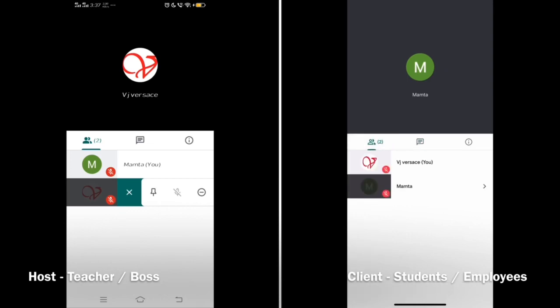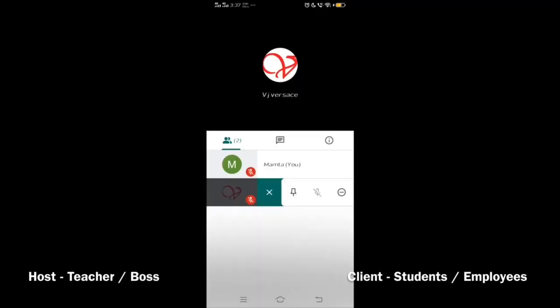At the end of the meeting, if the host wants to disconnect, then he can disconnect by clicking the white disconnect button. But all the members or the students will still remain in the meeting. So he or she has to do it manually by himself. That is, first to remove the students one by one and then quitting himself.